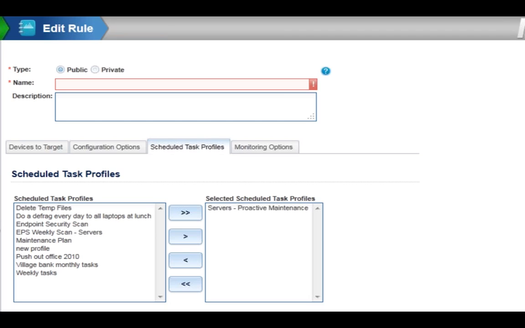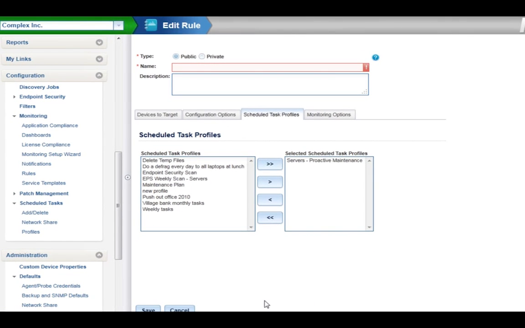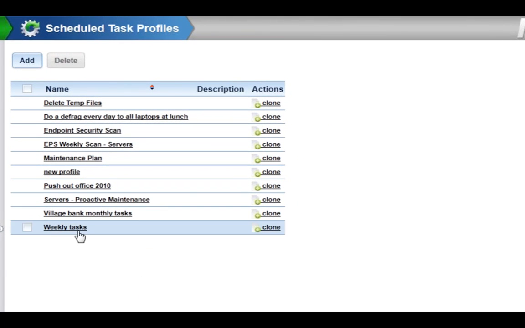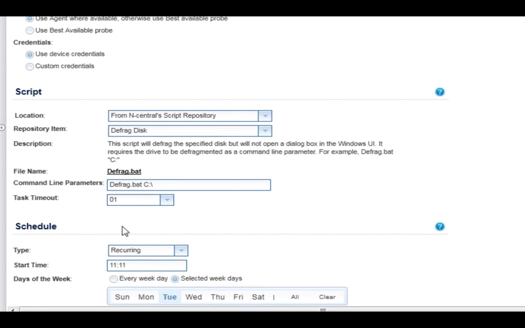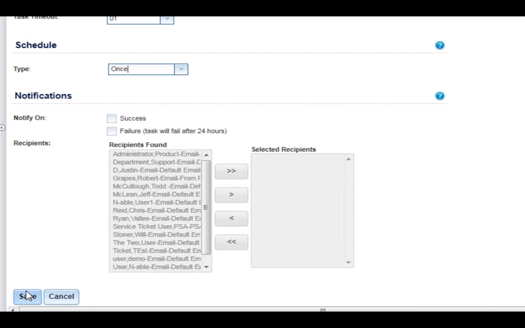You can use scheduled task profiles now to help automate that as much as possible. Whatever onboarding activities you perform that can be scripted, you can add into a scheduled task profile. And the secret here is, if you want to do an onboarding scheduled task profile, when you add whatever the scheduled task happens to be inside of it, just configure it to run only once. I'll just show you here, if you change this just to be once and save it,